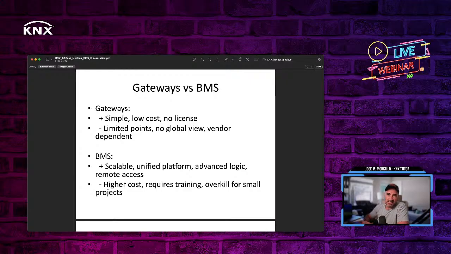It's not easy, it's not plug and play, it's not something like, okay, you map this variable with this one, all right? And it may be overkill for small projects. Yeah, if you have a small project, maybe you just use a gateway to get information from Modbus into KNX, and you are good to go. You don't need to go for a full BMS solution, okay? All right,